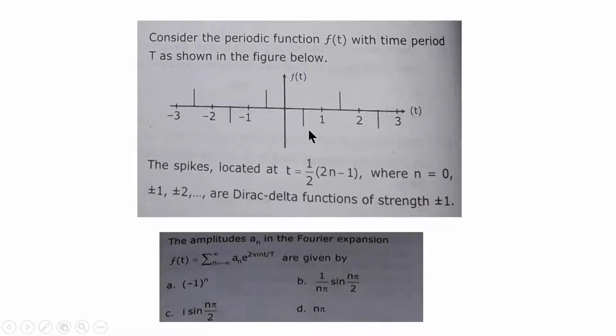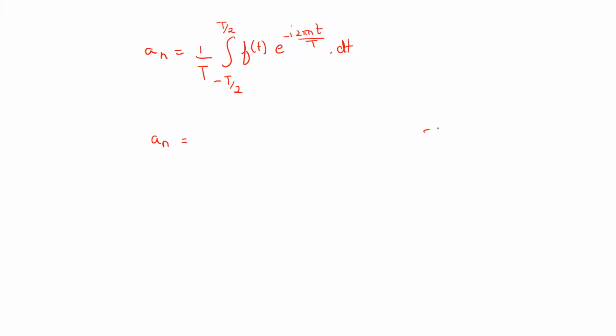So you can see the difference between this point and this point, the time period is 2. Between this point and this point also 2. So the value is 2, so T is equal to 2. Therefore, if I substitute T is equal to 2 in this case, this equation will become